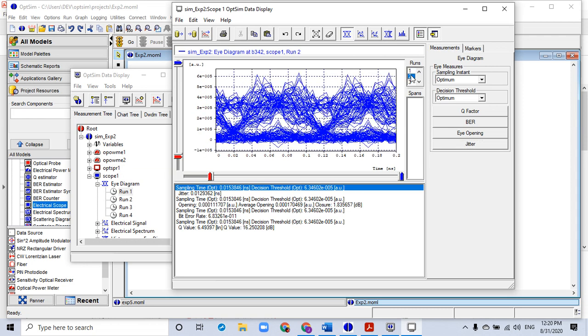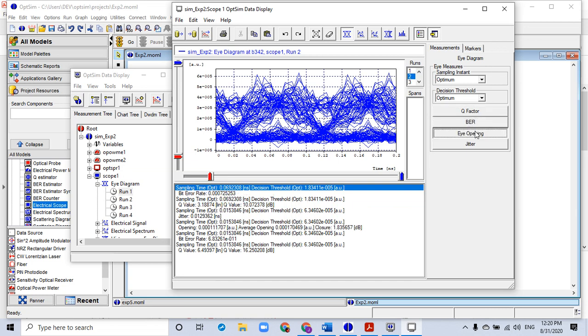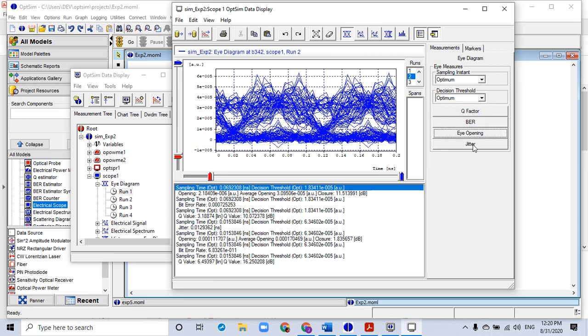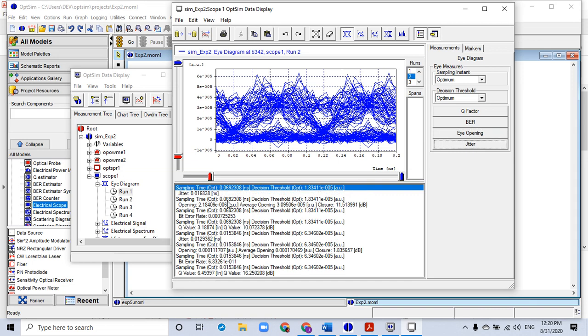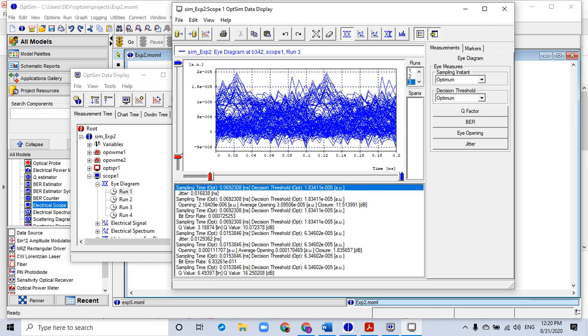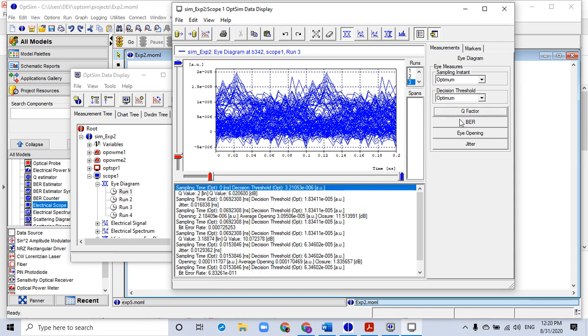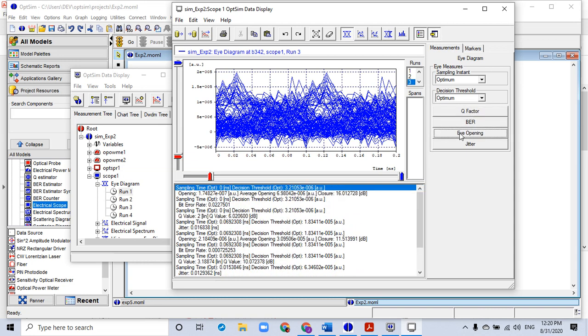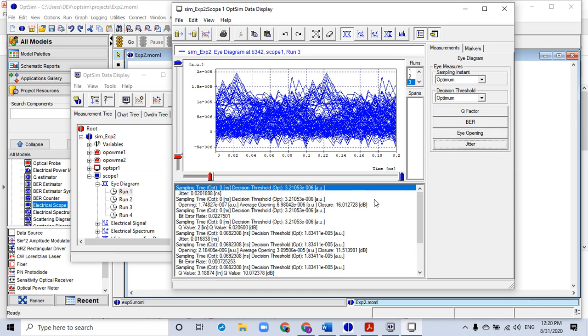Similarly, we check the values for length of 60 kilometers. So please note down, take a snapshot of this screen. The next is for L equals 60 kilometers. The value of Q factor, again the bit error rate, the eye opening, and the jitter. So these are the 4 values for the length 60 kilometer. Similarly, for 90 kilometer fiber, again we measure the Q factor, the BER, the eye opening, and the jitter, right?